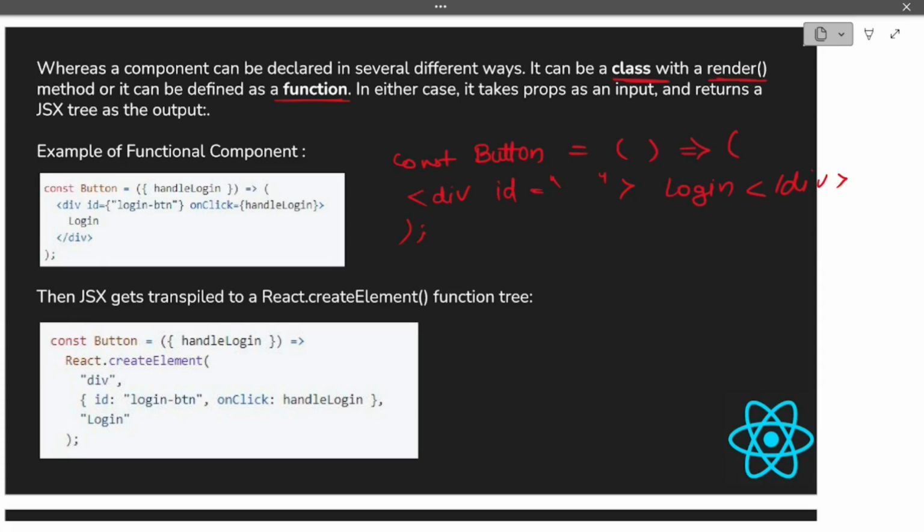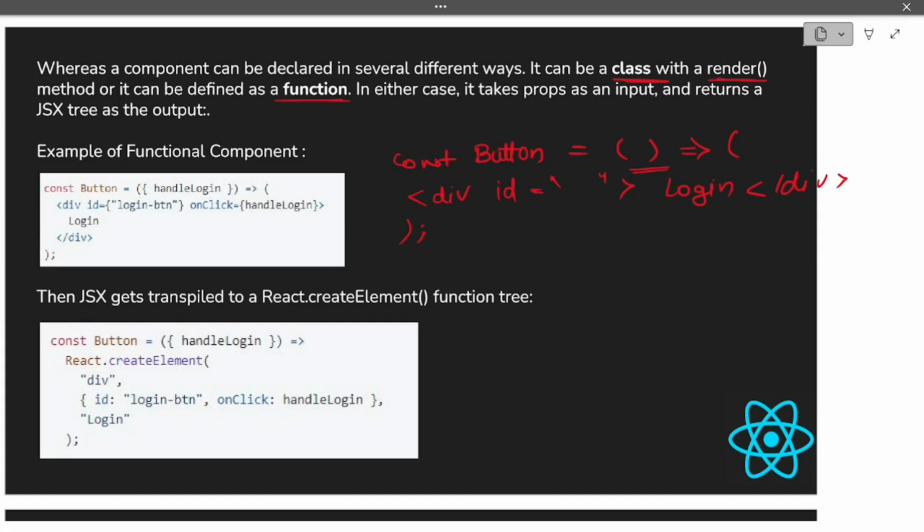So basically this is our button component. We have written this in the functional way of writing components, because here we are writing a component as a JavaScript function. Now one important thing: when we write a component, similar to functions where we can pass arguments and get them as parameters, to components we can pass props.